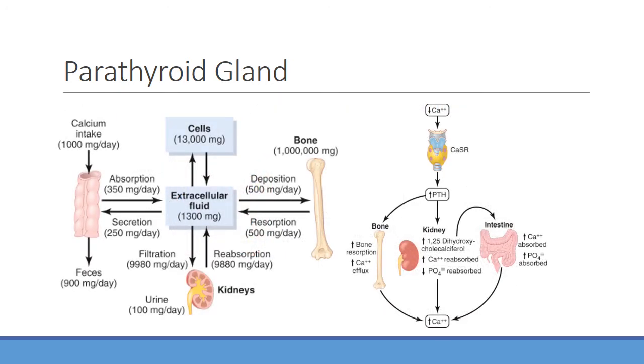So again, there's a very careful balance that's being maintained within the body as far as calcium homeostasis goes. A lot of this is regulated by PTH, calcitonin, and vitamin D, all really important. Because if you have too much osteoclast activity and it starts to break down the bone, what can we run into? Osteoporosis, right? We don't want that. We like to keep our bones nice and strong, so we don't want too much calcium being released